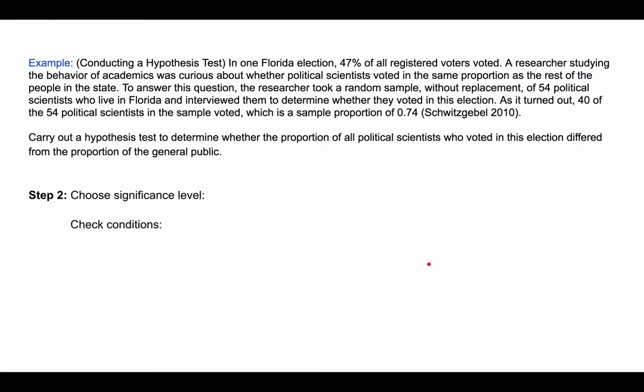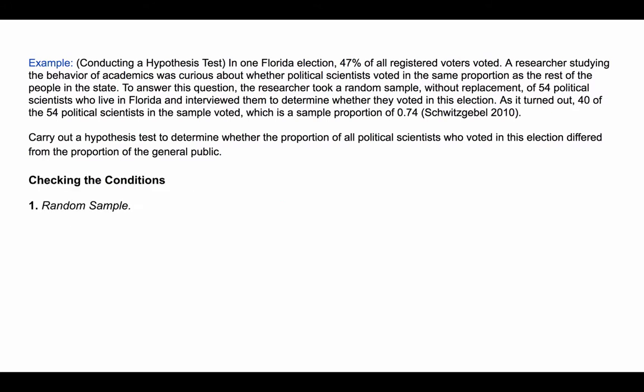Okay, step 2 is to choose the significance level and check the conditions. So we're going to let our significance level be 0.05. That's our standard, so if you're not told one, then you can just let it be that. If you become a scientist at some point in your life and you have to do this, then you'll learn more complex methods of how to choose this, but this is a typical one. Now, in terms of checking the conditions, we'll do that on the next page,